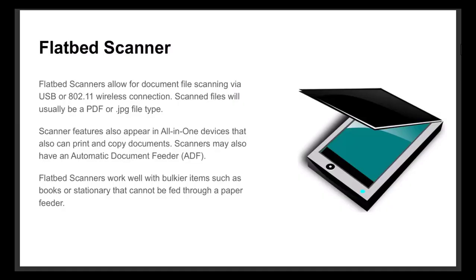Flatbed scanners are very popular because they allow us to make digital file copies of paper documents. This can be individual pages, books, and some scanners will have what's called an automatic document feeder, or an ADF. This is where we can insert multiple page documents into the ADF feeder, and the scanner will convert each one